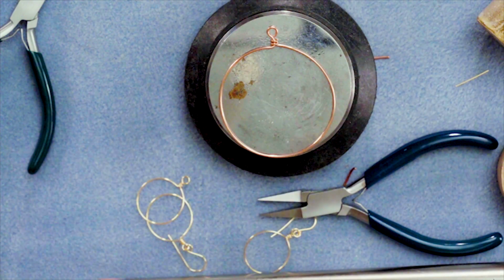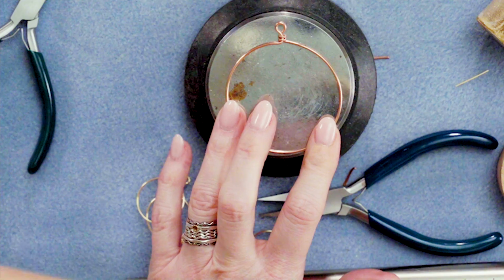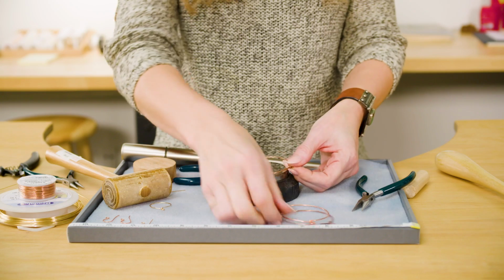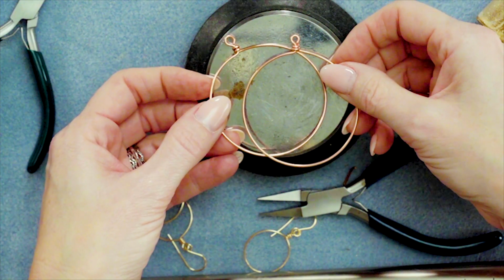And right up here at the top, I usually like to do a little bit of dapping. This is just totally optional. It's like a decorative thing. I'm just going to hit that one time, just like that. And it also flattens everything out, but see how it kind of gave those just a little texture right there. Now at this point, you could just make another one just like that and have a pair of hoops, or